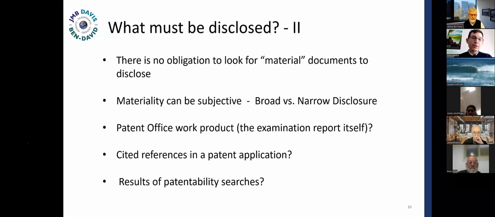The other thing which is important to put before the patent office are the results of patentability searches. So if you've done a search and there are references considered material to patentability that come up in that search, they do need to be cited. If you get 300 hits on a topic and only 5 of them come up as being relatively important, those other 295 most likely do not need to be cited.